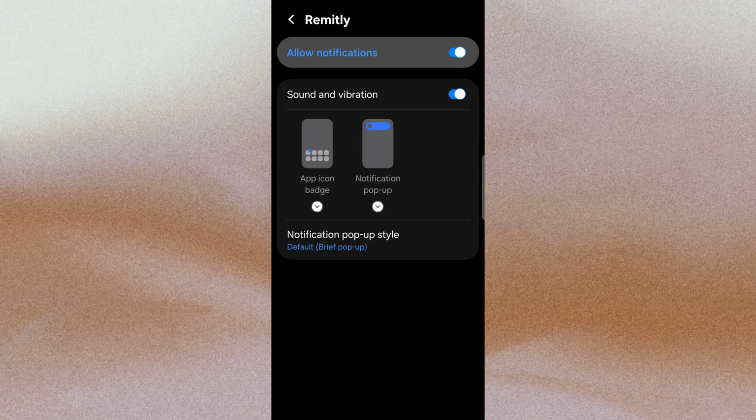If your phone also shows a system permission prompt, allow notifications there as well. In some cases, the app setting and the phone setting both need to be enabled for everything to work correctly. If notifications still do not come through later, a good tip is to check your device settings to make sure Remitly is permitted to send alerts and that silent mode or focus settings are not blocking them.